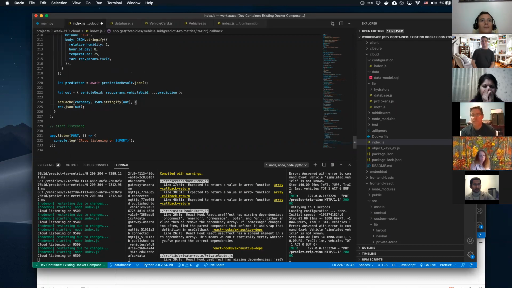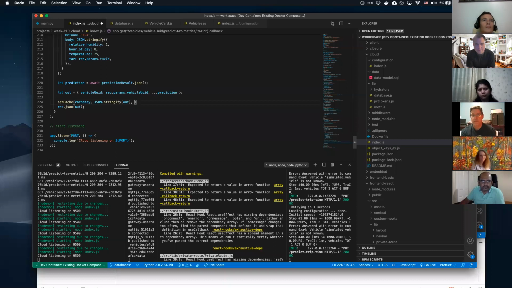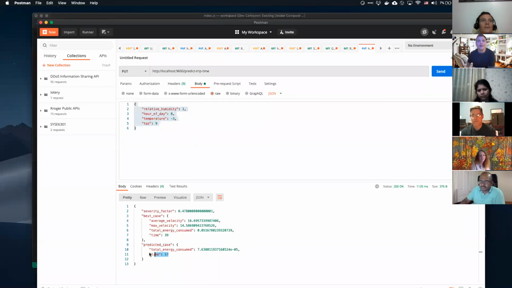And what will we add? Well, we want to add the expiration time. What should the expiration time be? I actually said it before. 53 seconds. Yeah. But I don't want to hard code 53. So the longest that the simulation takes. Prediction time. Prediction time. Yeah. I want to do this one. Predicted case time, right? Because that's the worst case. That's the longest we would have to save this thing for.